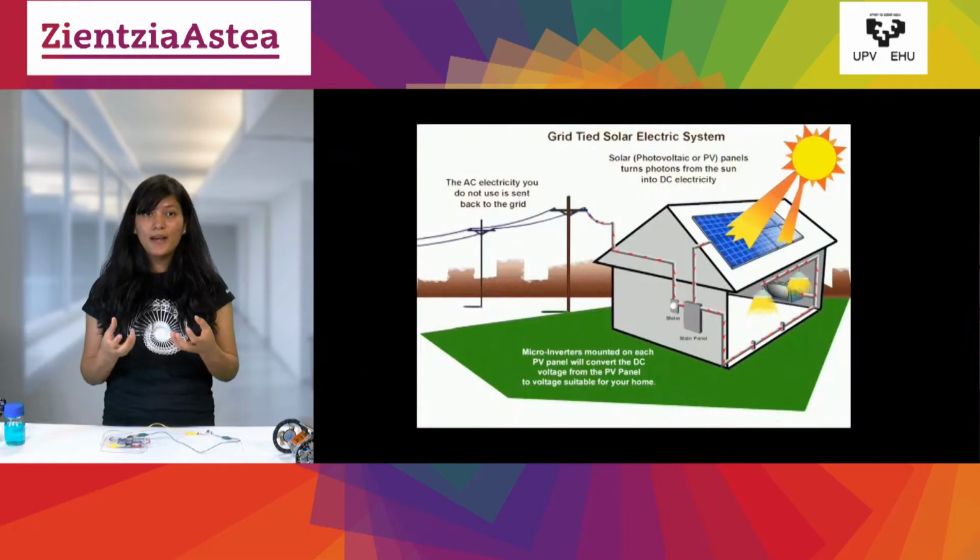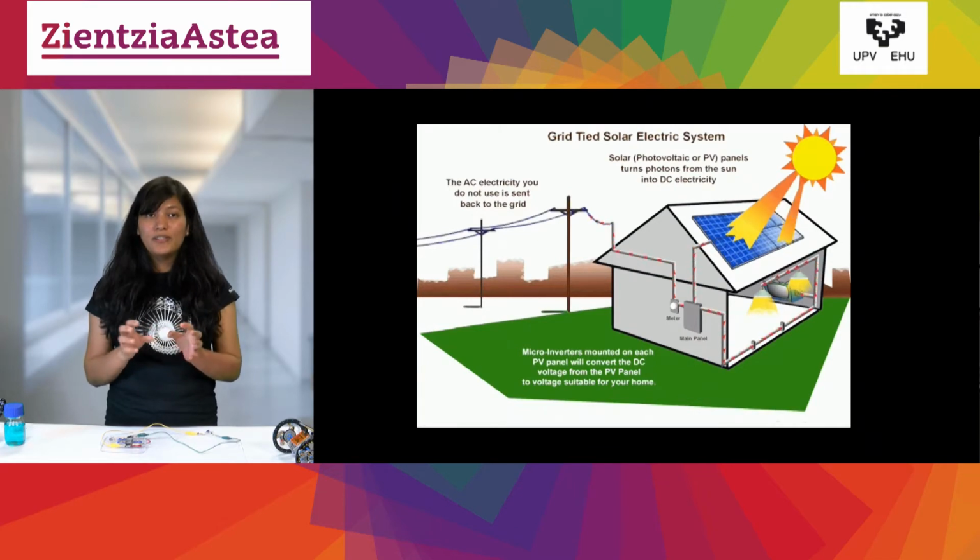Also, on some houses' rooftops we see solar panels. Solar panels are built from a combination of small solar cells. These solar cells trap the sunlight and convert it into power, and with this power it can generate electricity to run washing machines, TVs and refrigerators, whatever we use in our houses.